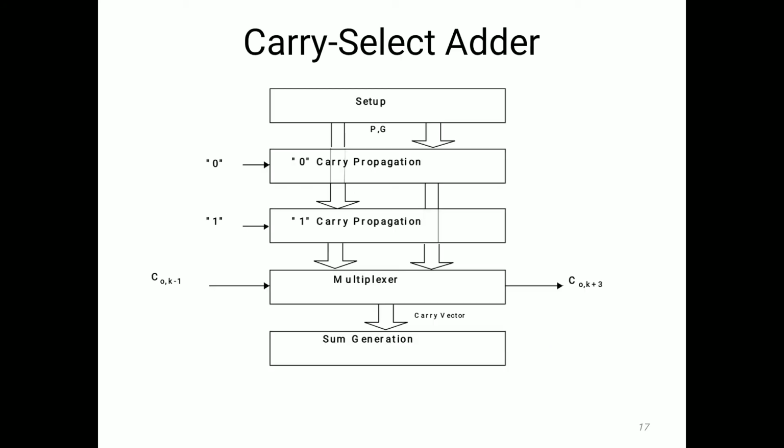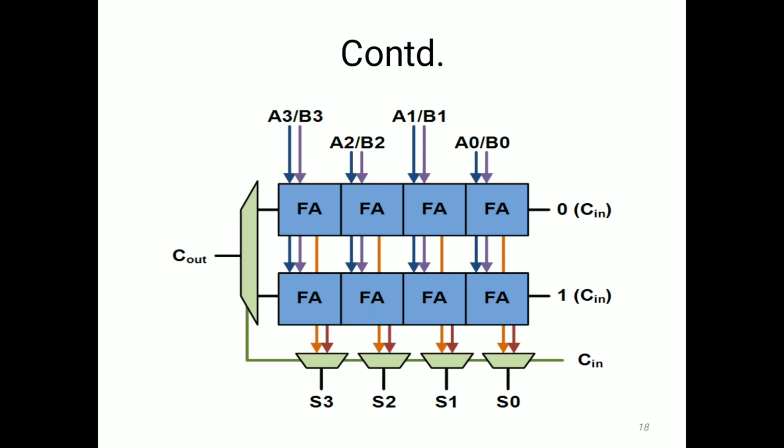Then next one, carry select adder. This is another important adder. So here we are using a multiplexer to select the carry, whether carry is equal to 1 or carry is equal to 0. So this is a general diagram. For single bit addition, we have to add 2 adders. For carry equal to 0, I have to add one full adder. For carry equal to 1, I have to use another full adder.